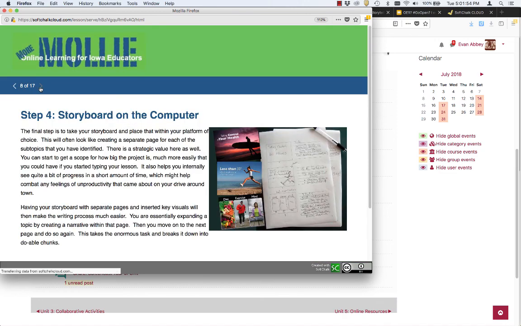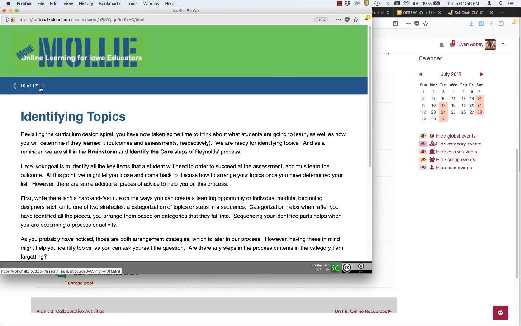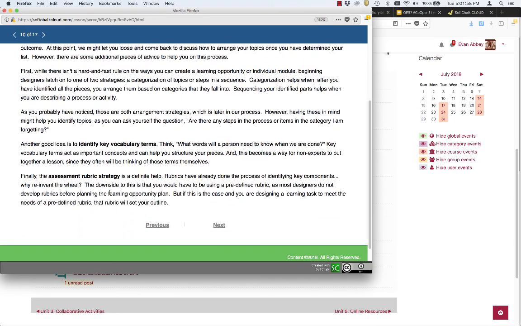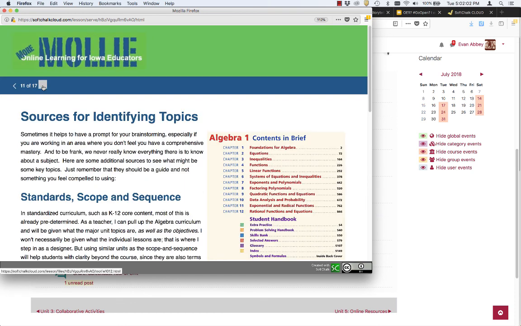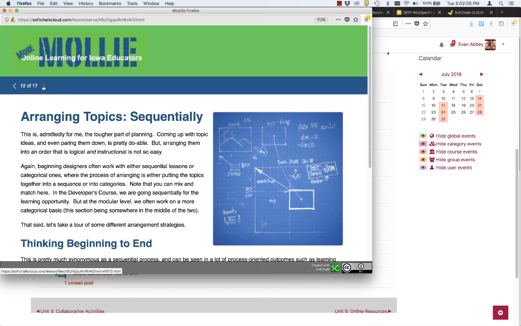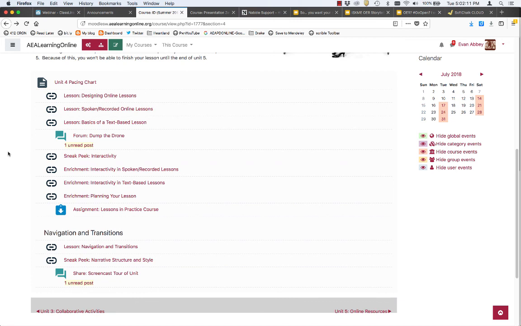But then it also helps you structure that too. How do you identify those topics? How do you arrange those topics? And such. And again, some of this is a little bit of an overlap for what we did within our units. So I think you might find that beneficial. That might help you create your lesson, regardless of whether your lesson is a spoken recorded one or